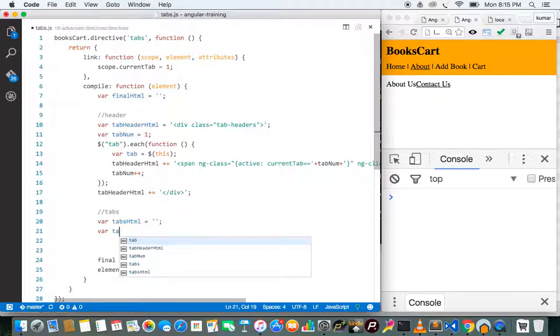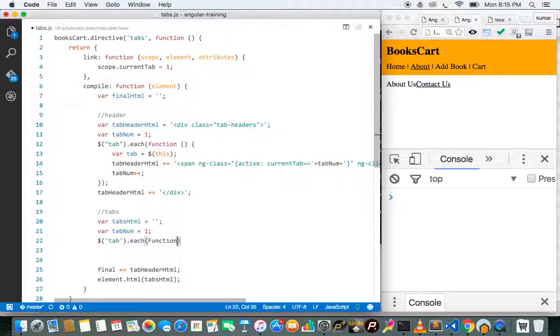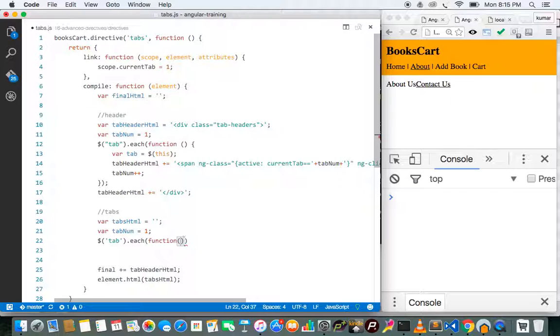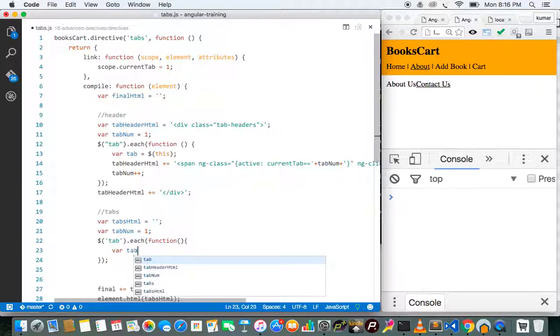We'll again do where tab number equal to 1, and then dollar tab dot each function where tab equal to dollar this,